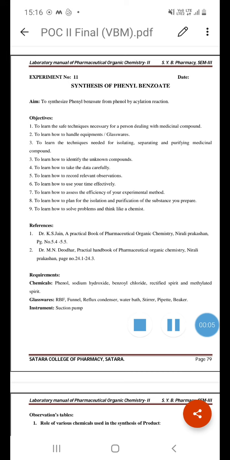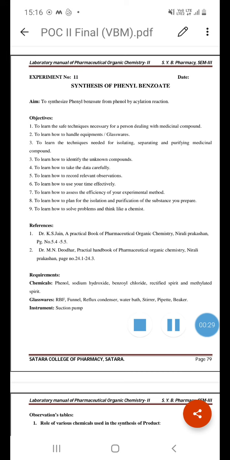Today we will see experiment number 11, synthesis of phenyl benzoate. The aim of this experiment is to synthesize phenyl benzoate from phenol by acylation reaction. Then the next objectives,